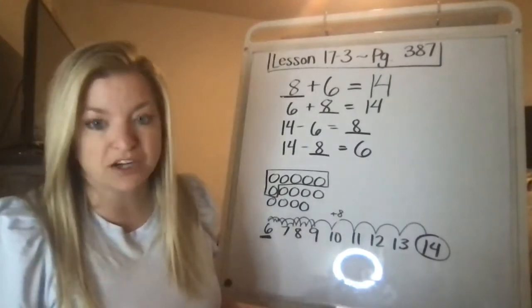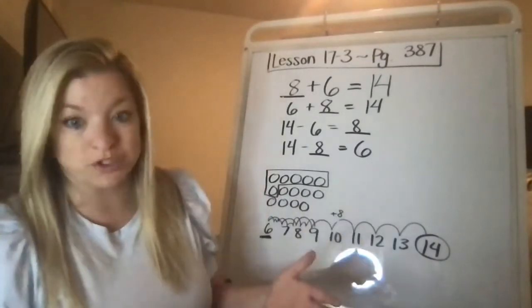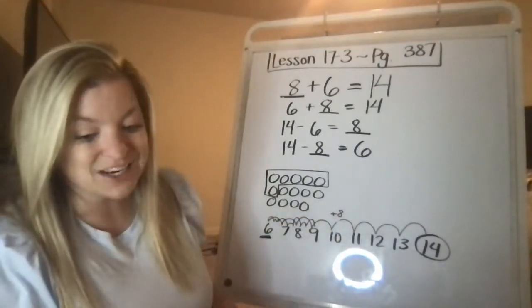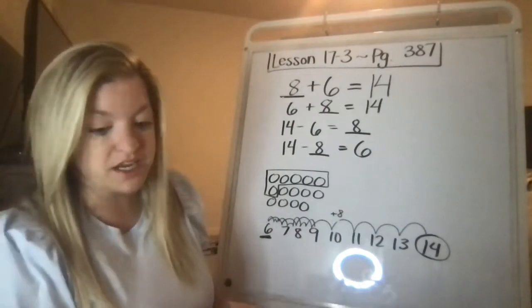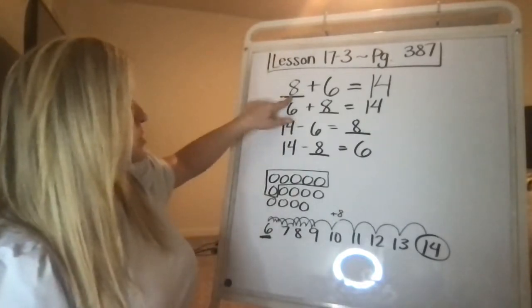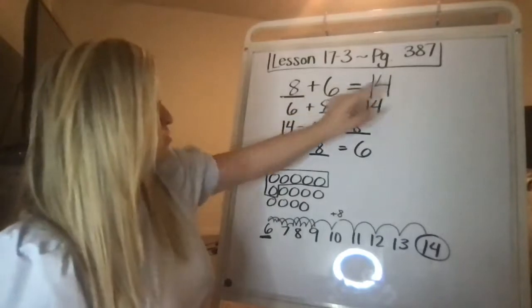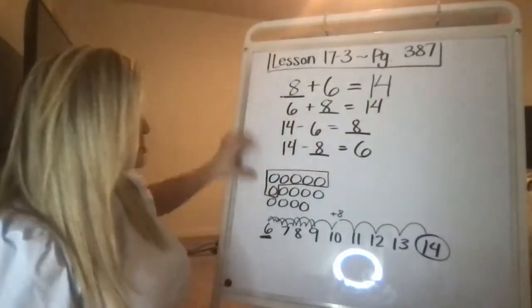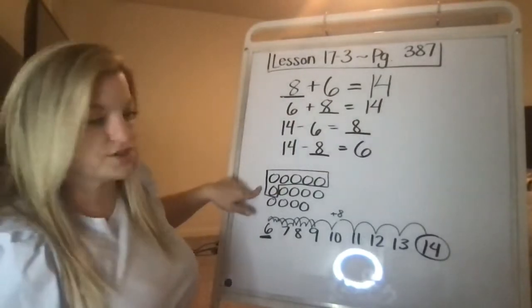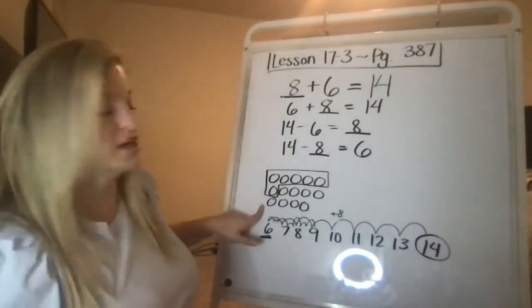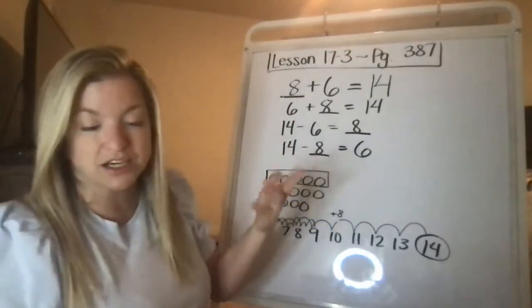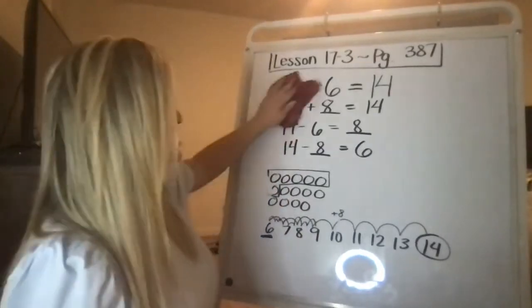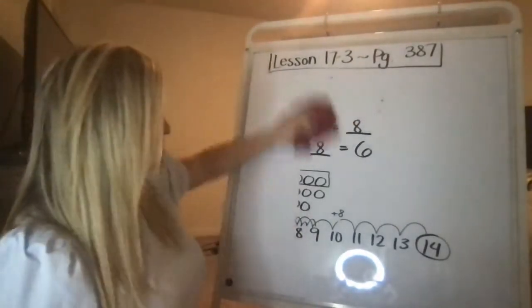Now the next page is model it, and it just talks about what the book would do to solve this problem. What they did, they said, what number added to 6 equals 14? So they switched it from blank plus 6 equals 14 to 6 plus blank equals 14. Then they filled in 6 dots in your tens frame, and then they counted on until they got to 14. So they did addition, counting on. So they know Jody puts 8 lemons in the basket. If you turn the page